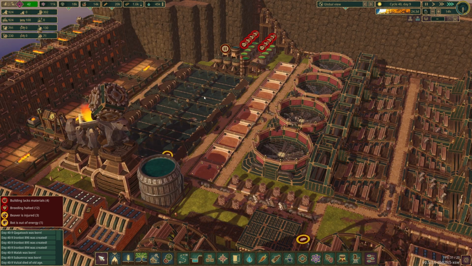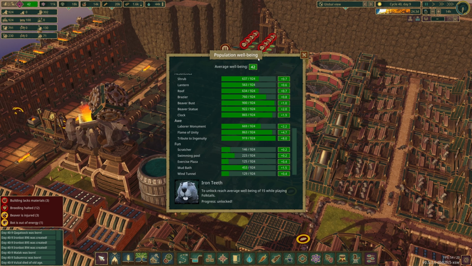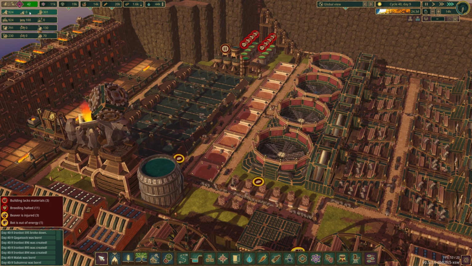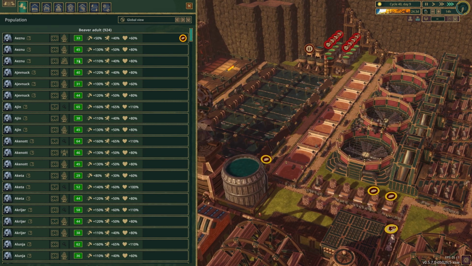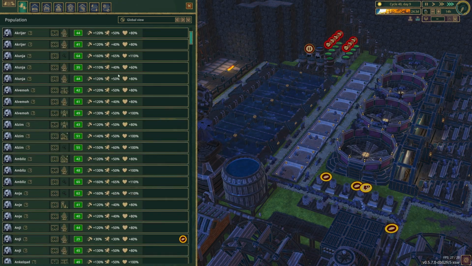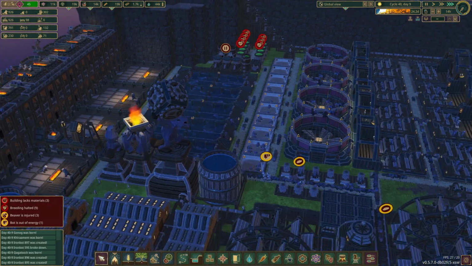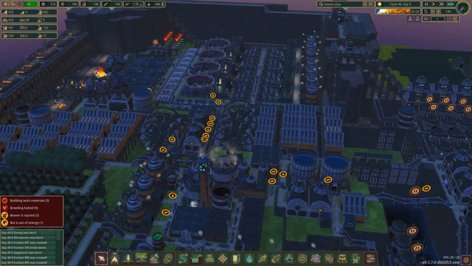62 well-being. That's pretty nuts. We do have quite a wide spread of well-being actually. Then we click in here. Yeah, we've got beavers that are down at 33 up to, we had 65. Wow. They're quite a wide spread. And I guess that reflects the fact that